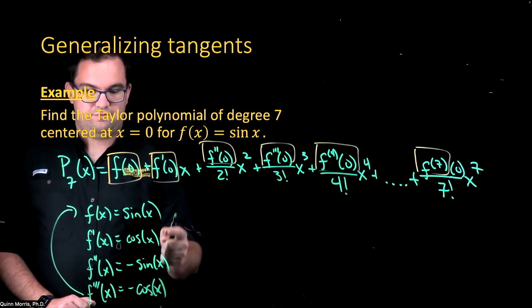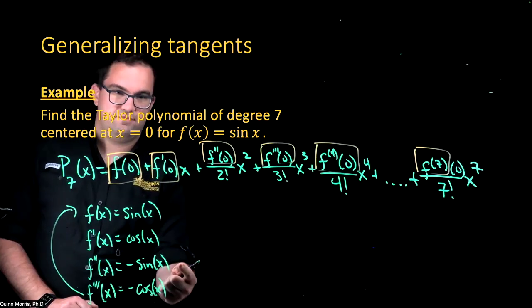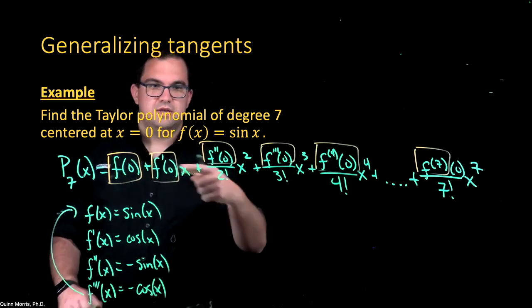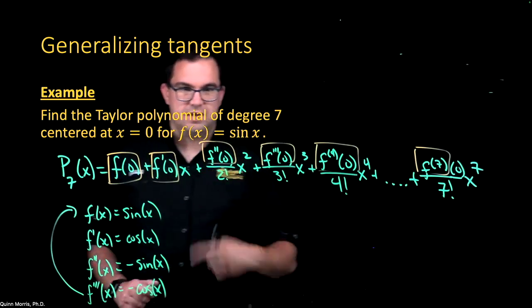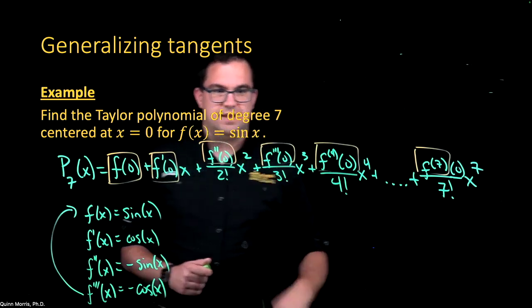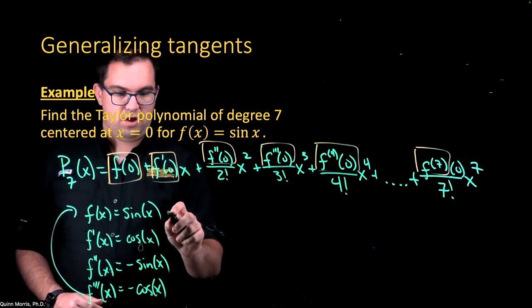So my fourth derivative, fifth derivative, sixth derivative, seventh derivative, eighth derivative, ninth derivative, 10th derivative, 11th derivative. So these derivatives sort of repeat in this cycle of 4. Sine, cosine, negative cosine, sine, cosine, negative cosine. All right. So now if we want to evaluate them at 0,